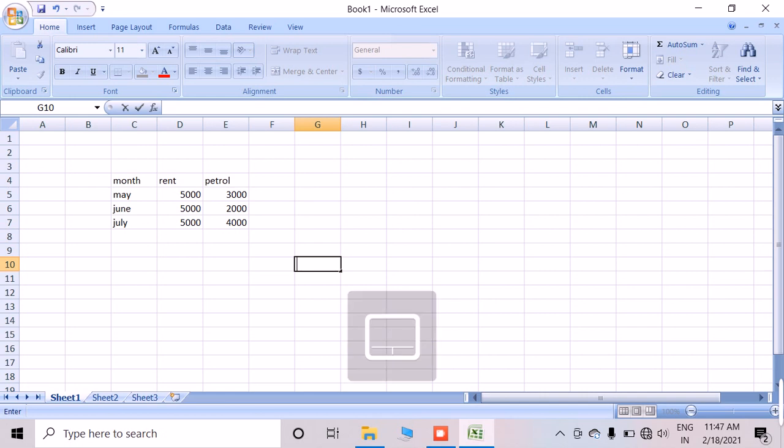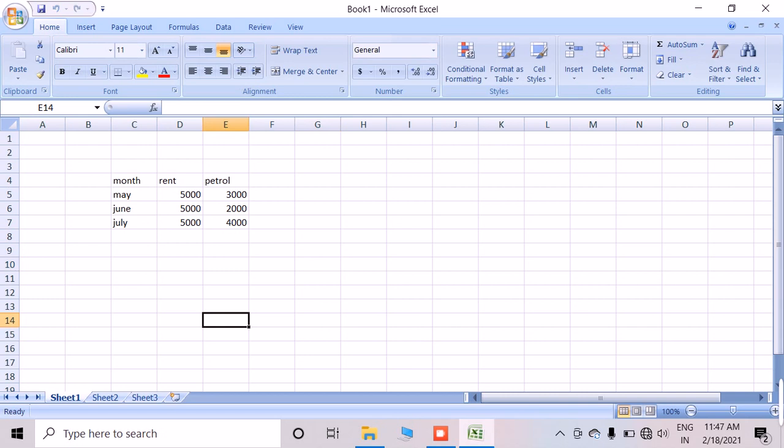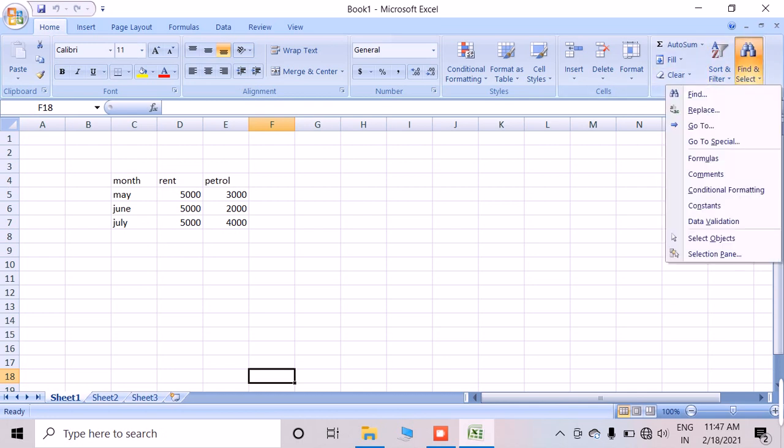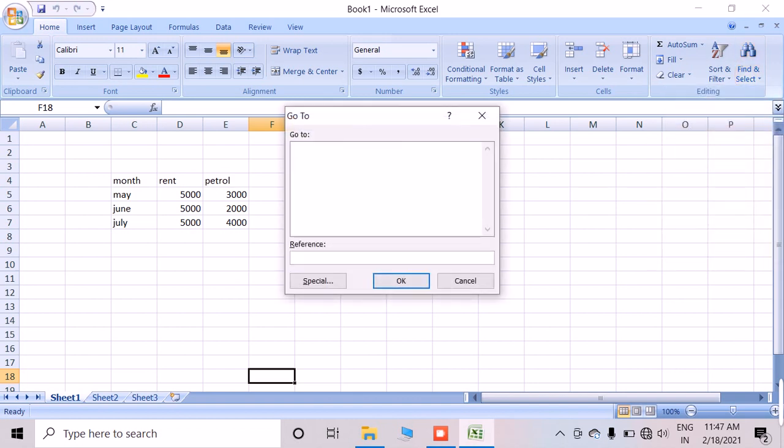Next we can go to the Go To command. Where is the Go To command? You can go to the Home tab. On that, in the Editing group, we have a Find and Select option. On that we have Go To. If you click Go To, the Reference text box will be there. I am just giving the range.